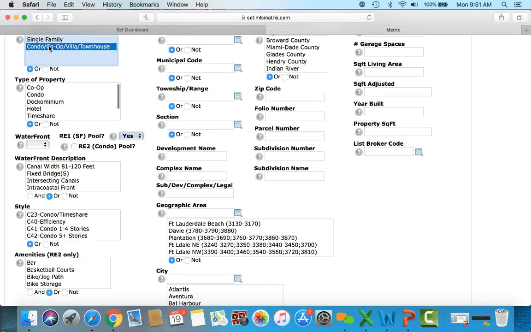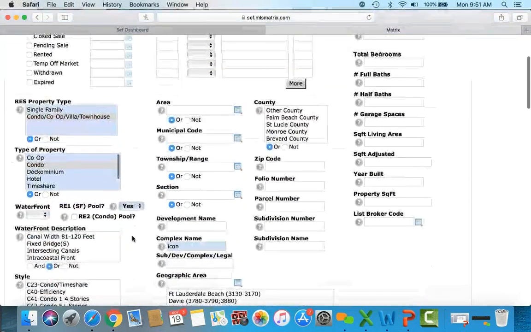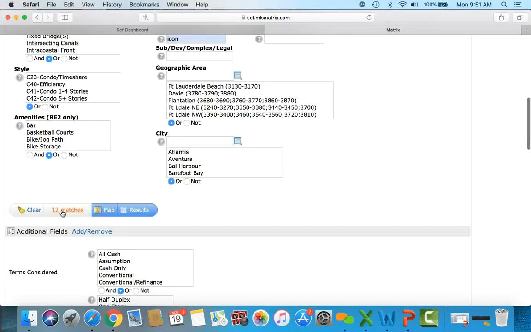So for example, if I switch off to condo and I go condo right here and I'm looking for a building with the name icon, this is what's going to happen if you don't put an asterisk. So if I come here and I put an icon, what we have is 0 matches. Let me get rid of the pool here. No pool. All right. So what we have is 12 matches,